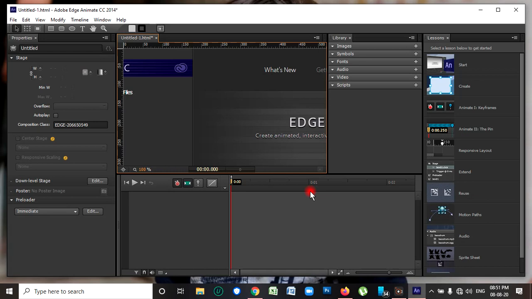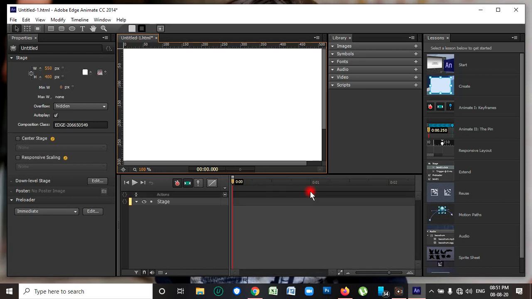Now we are going to discuss the different tools and properties of Animate CC and the menu bar. First of all we are going to discuss the menu bar. See here, this is File, Edit, View, Modify, Timeline, Window, Help. These are the menus, we can say the menu bar. And this is the File option.